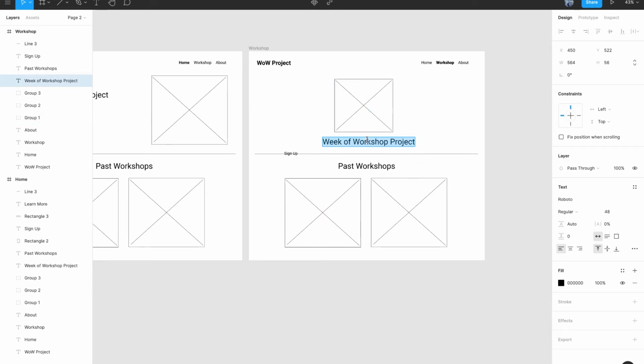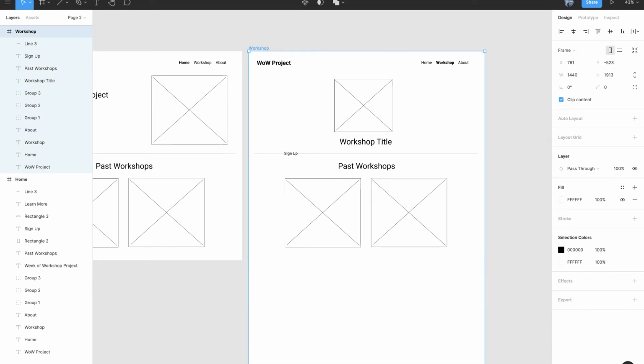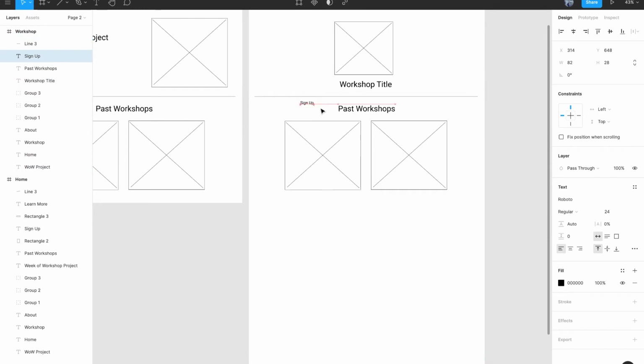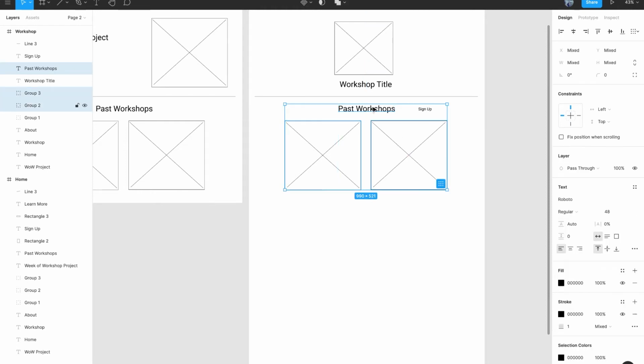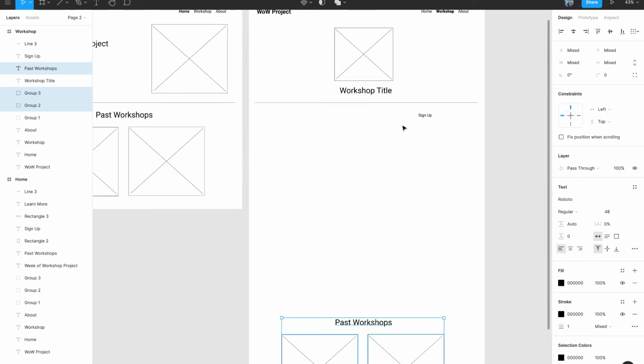The next one will be the workshop page, where all the details and updates of the current workshop will go. At first, I'll expand the frame as it's not enough for this page. I do this by clicking on the frame and drag the frame to expand it. Once expanded, we can proceed to the actual wireframing process. At the top will be the poster followed by the title of the workshop. The middle part will be our blog posting part, where the workshop's description will go.